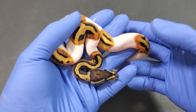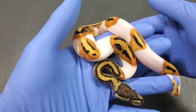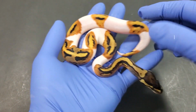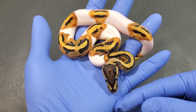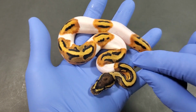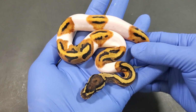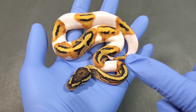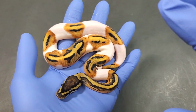All right, so our first visual one out of this clutch. Now, I've hatched many pieds in my short little breeding career, and this doesn't look like any normal pied. It's much brighter, and I know it's hard to see that when I'm only showing you one animal. So I'm going to go ahead and get a couple other pieds from different clutches, and we'll do a little